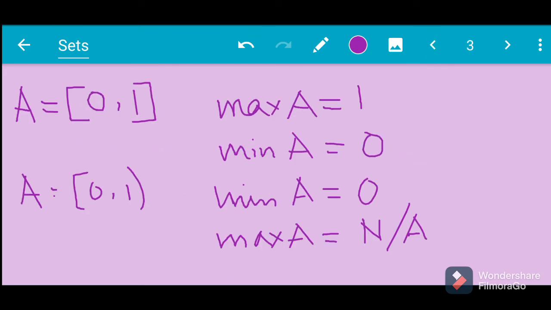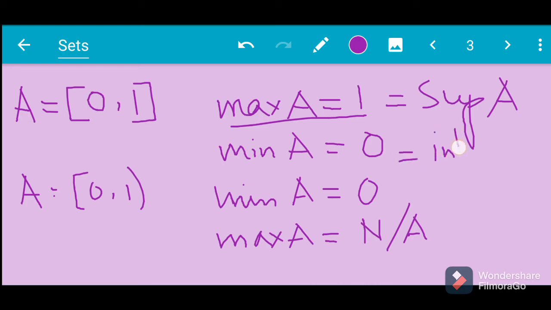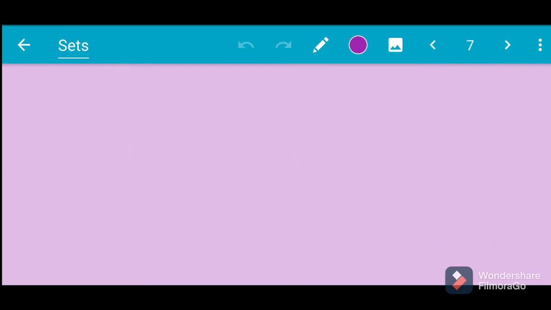Now let's go back. For such sets in which max and min exist, if in a set you have a maximum element, then that maximum element is nothing but the supremum of A, and the minimum element is called the infimum of A. So if in a set a maximum element exists, that maximum element is the supremum of A. If a minimum element exists, that minimum element is equal to the infimum of A. Now if maximum or minimum does not exist, it does not mean that supremum and infimum do not exist, because by the order completeness theorem, supremum and infimum always exist for bounded sets, or if it is bounded at one end, then that end has a supremum or infimum.